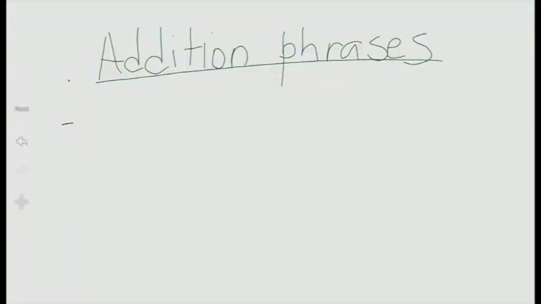Unless there's something that already is there, then you are just merely adding on that, which means that you can only use addition phrases after having presented something already, and then it becomes an addition because you have already presented something on the table, and then you are just giving more details or more points on top of what you've already given. So I don't expect any learner to begin with this example of an addition phrase, which is